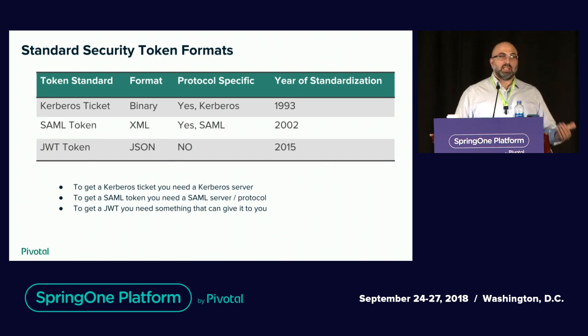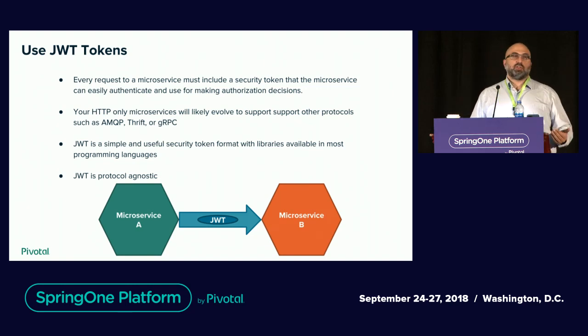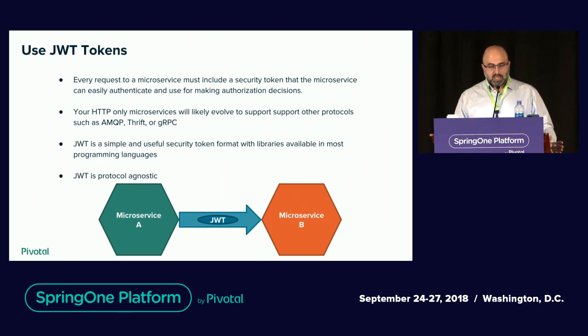And when you look at the standard token formats out there, from the 90s, there's Kerberos tickets. From the 2000s, there's SAML tokens, and there's JWT tokens. The difference about JWT tokens is they're much easier to use than Kerberos tickets or SAML tokens. So we would probably say that when one microservice calls another one, it would pass a JWT token over that it got from an authorization server, okay? So then the question is,